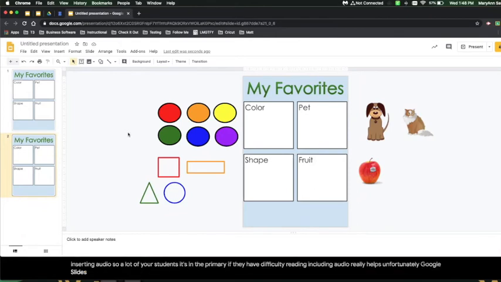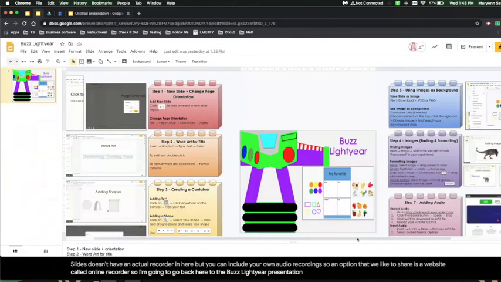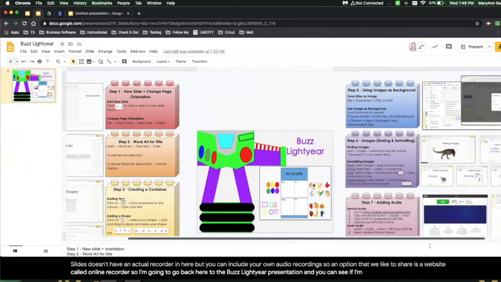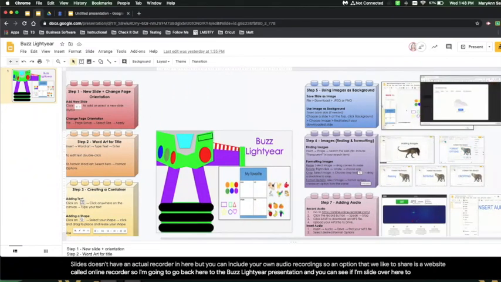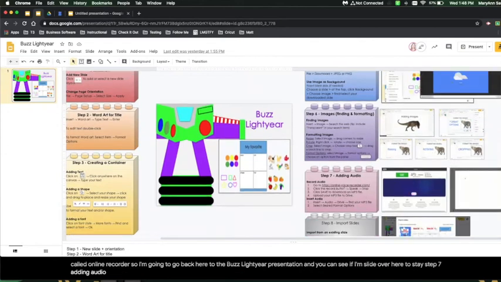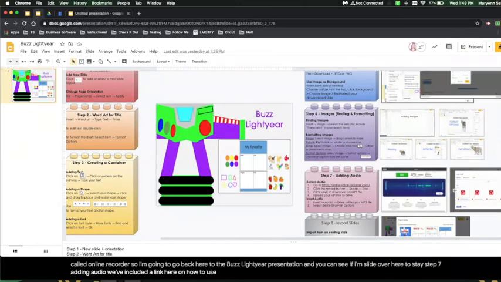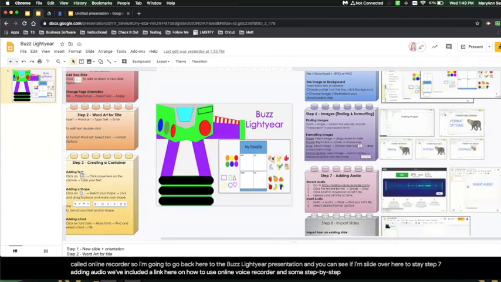Unfortunately, Google Slides doesn't have an actual recorder in here, but you can include your own audio recordings. An option that we like to share is a website called Online Recorder. So I'm going to go back here to the BUZZ LIGHTYEAR presentation, and you can see, if I slide over here to step 7, adding audio, we've included a link here on how to use online voice recorder and some step-by-step directions, but I'm going to show you here. So I can just click on this link,